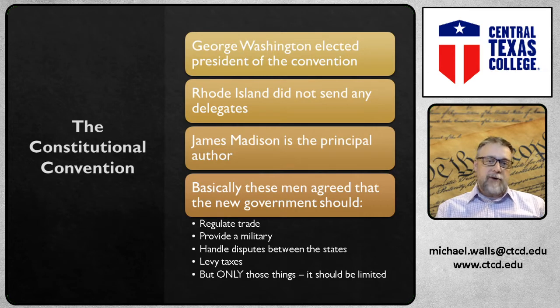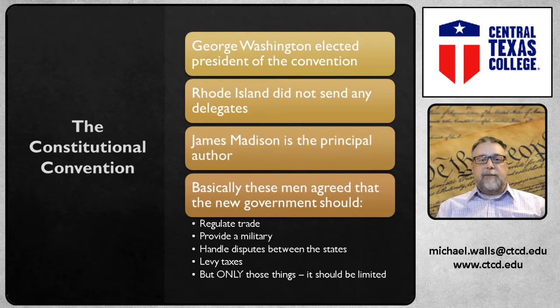There are many, many other people that participate in this process. Benjamin Franklin's there, Patrick Henry's there. John Adams is not, but Samuel Adams is there. A lot of guys are there. A lot of the guys that were the founding fathers. This group of guys are called the Framers. So the first group in 76 are called the Founders. This group is called the Framers, and they all, again, basically or essentially agree on certain things, like this new